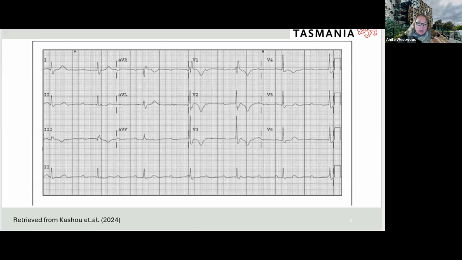Each one of these little tiny boxes in here, how much is that? One of those little tiny horizontal boxes is worth 0.04, isn't it? So one of the large boxes, made up of 5 of them, equals 0.2 of a second. So 5 large boxes equals 1 second. So if you count that out, how many is